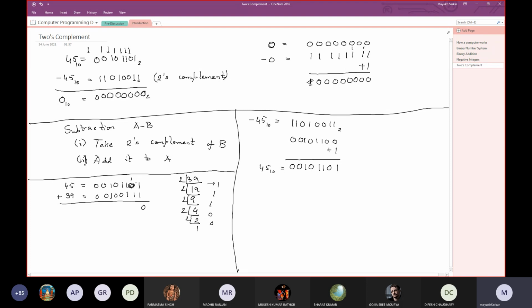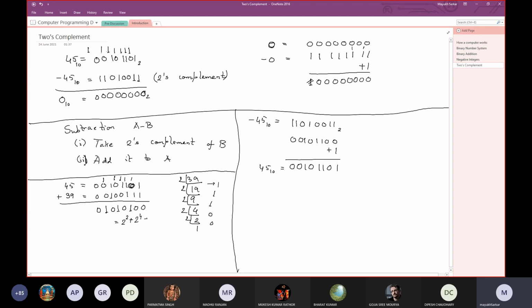Let me verify it once more. 1 and 1 is 0, 1 is a carry here, 1 and 1 is 0, 1 is a carry here, 3 ones, so a 1 will become here and 1 will be a carry here. 1 and 1 is 0, 1 will be a carry here, this 1 and 1 is 0, 1 will be a carry here, 1 and 0, and this turns out to be 0 1 2,